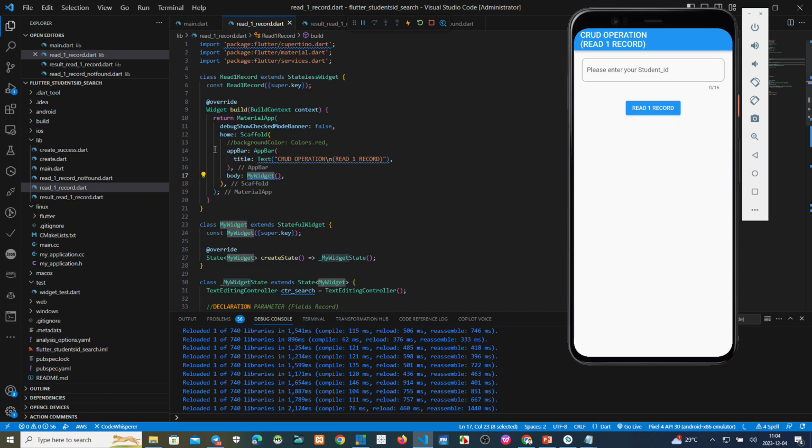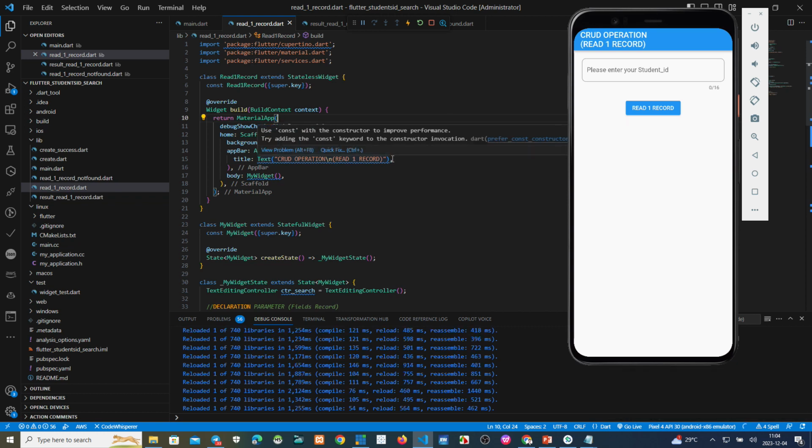Now we make a red color on the button, on the top. Save.